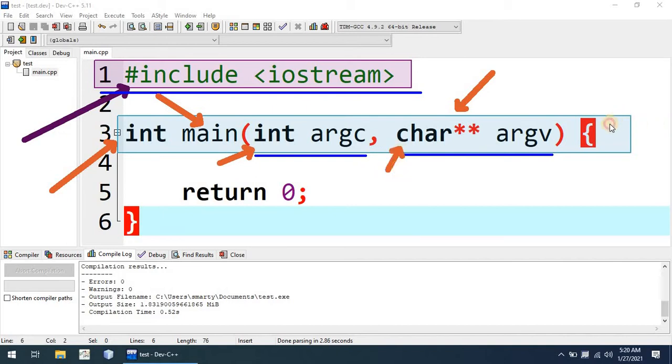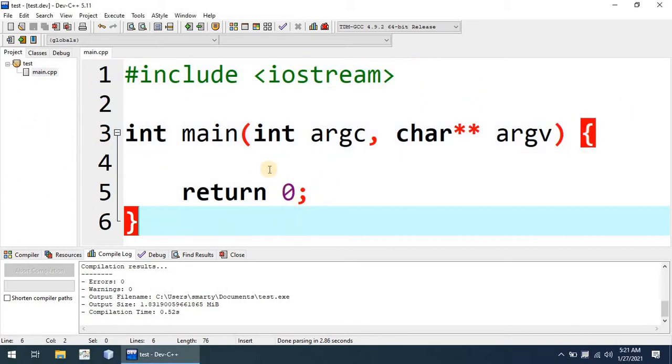These are the opening and closing delimiters of the function body, and the third part that is mandatory in each and every C++ program is called the C++ statement. Here we can see that a single statement is written in this entire program, the return statement, and return 0 means there is successful completion of the program.